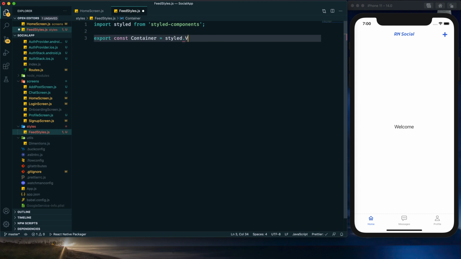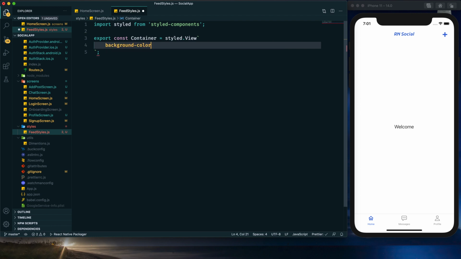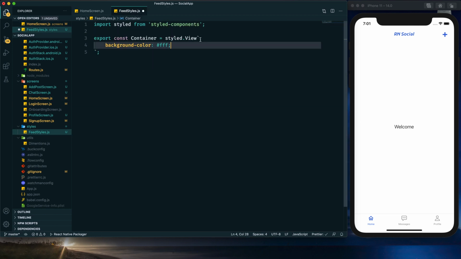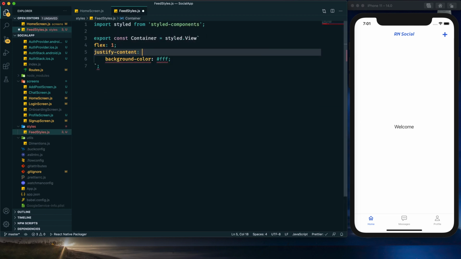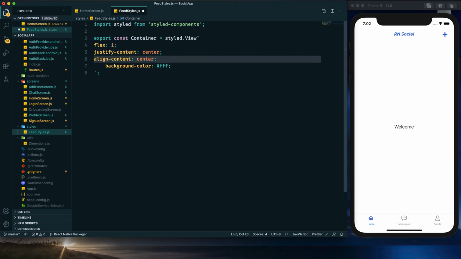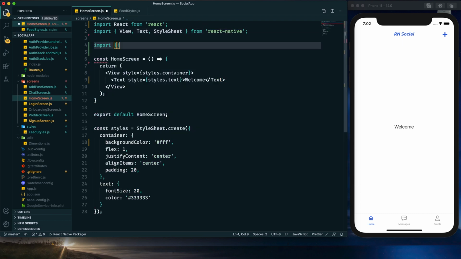So after this dot we need to provide this view, and then within this double tick we are going to add our CSS styles. And now here you can see we have this CSS styles, and now we can add it. So the background color is white. We have flex 1, justify content center, align content center as well. Now save it. Now we can import that over here